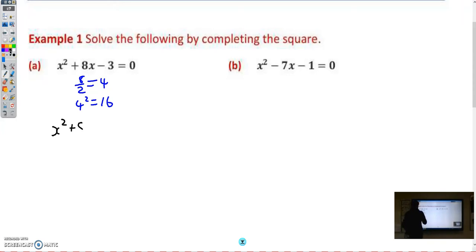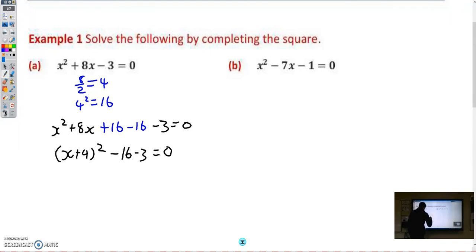So x squared plus 8x plus 16 minus 16, take away 3. This section here will become x plus 4 squared. Then we will have minus 16 minus 3 on the outside. All of this is equal to 0. We simplify our constant terms. So we have x plus 4 squared minus 19